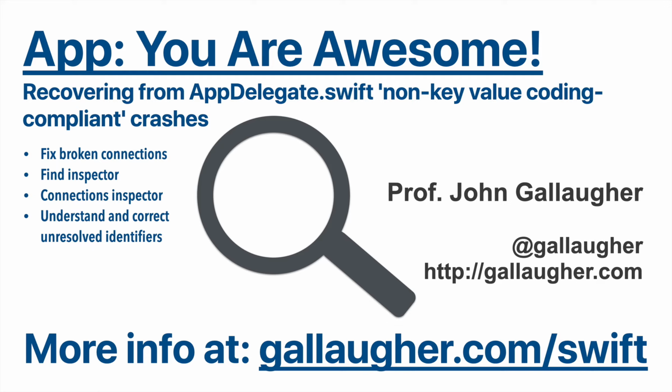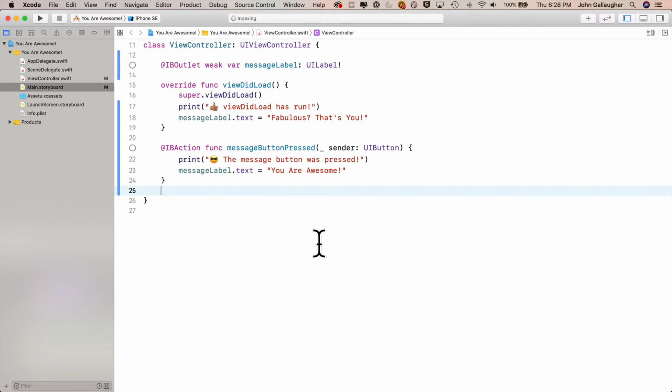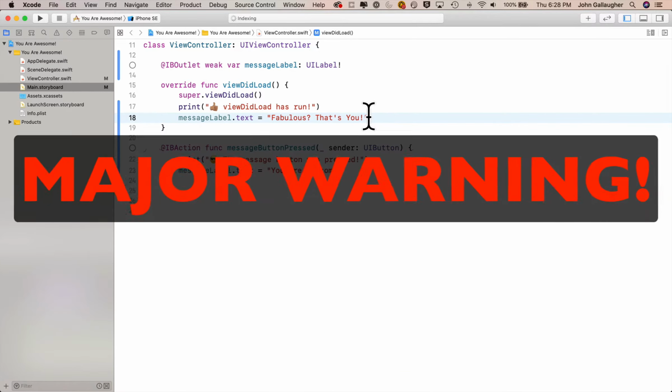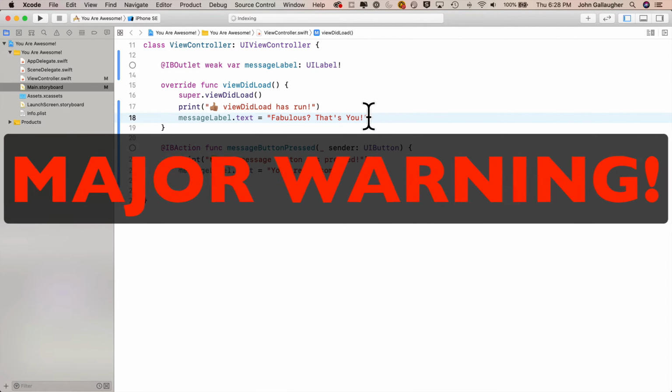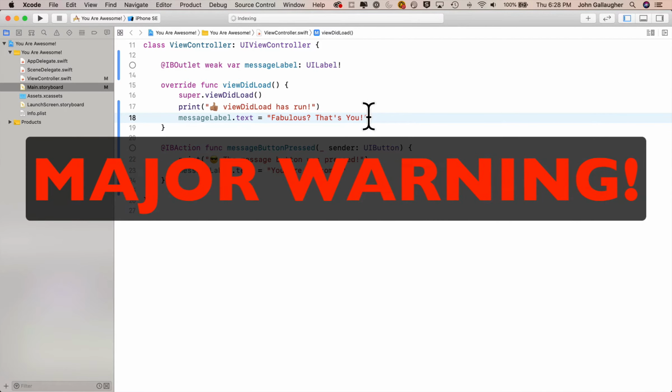After working with hundreds of students, I've seen firsthand how easy it is to make these errors and how frustrating it can be for the new programmer if you're not in the know. Let's arm you with knowledge, coder. Giddy up. Remember, in our earlier video, we gave you a major warning saying do not, never, never, never rename